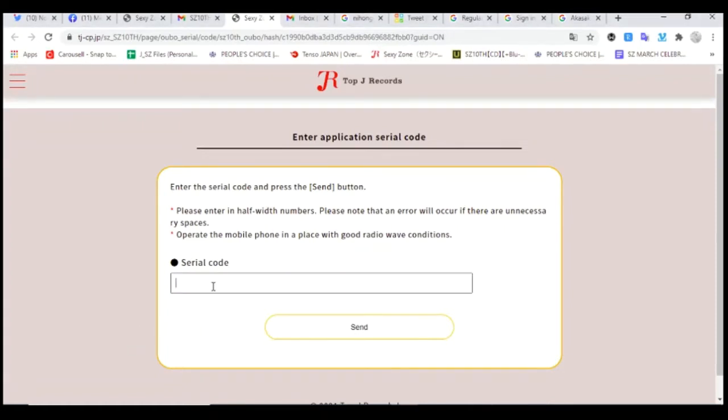So that's 8300 120 266 926 936. Click on send,